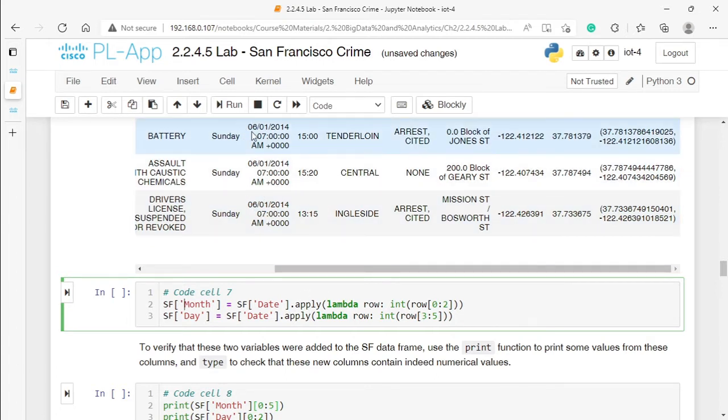So for each row, we're going to return the value of these only two characters to a new column called month. The same idea applies for the day, which is from position 3 till 5. 5 is out of the range, so the actual value is going to be the third and the fourth characters, and we apply it for all the data frame and put the output in another column called day. Okay, so let's run this now, and let's create another cell